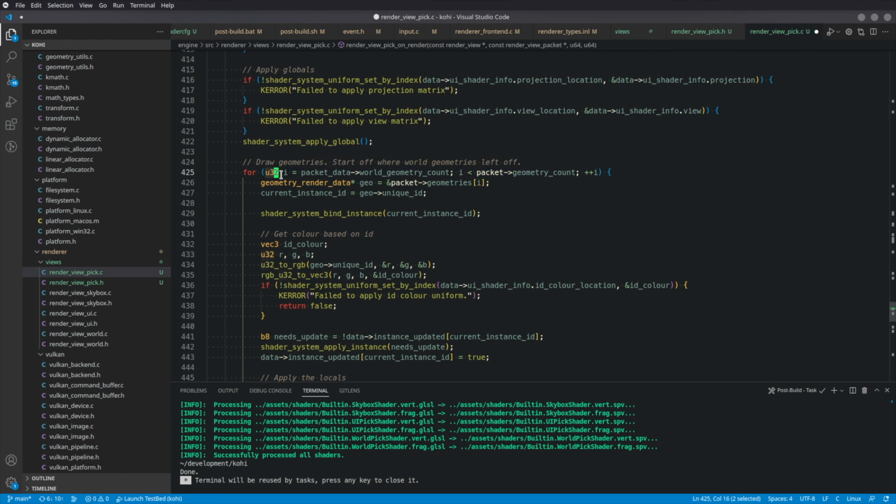And instead of starting at 0, now I starts at world geometry count. So we start at the end or after the end of those world geometries, and we say, okay, well, I needs to be less than the packet geometry count, which actually, wait a minute, that's a bug. So this should technically be the difference between those two things. So as long as this is less than geometry count, yeah, that should be,